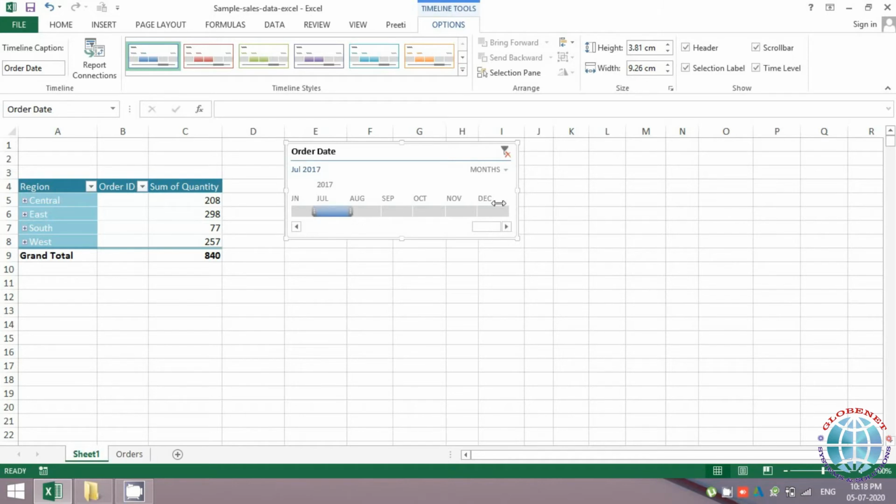Let's say I want the period July to December 2017, so you can accordingly just select it like this. You can drag it. You can click on single months, or you can click on a period, and accordingly that would be displayed over here.